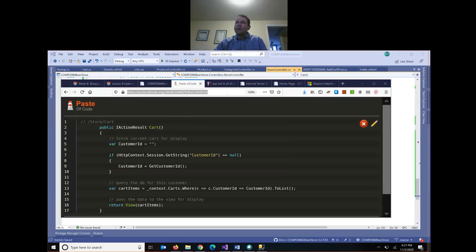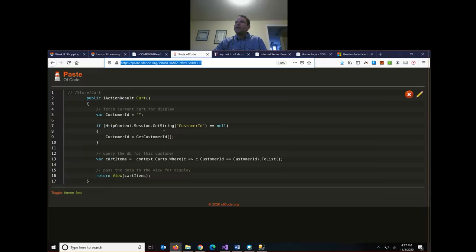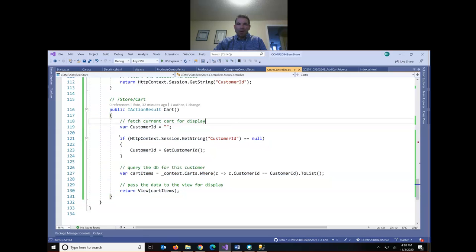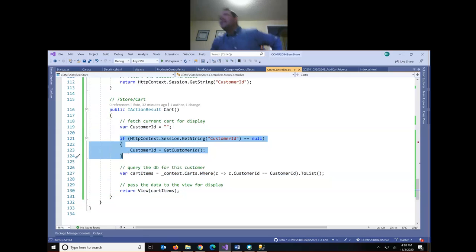So here's our new cart method. For today, we don't really need this part, but we'll need it later once we add a cart link to our nav bar. Because a user might go to the cart, they might leave our site and just come back and go straight to their cart. So if we don't have this check,